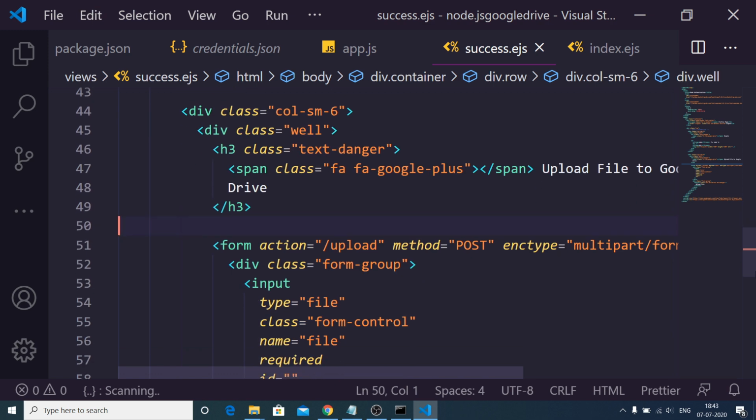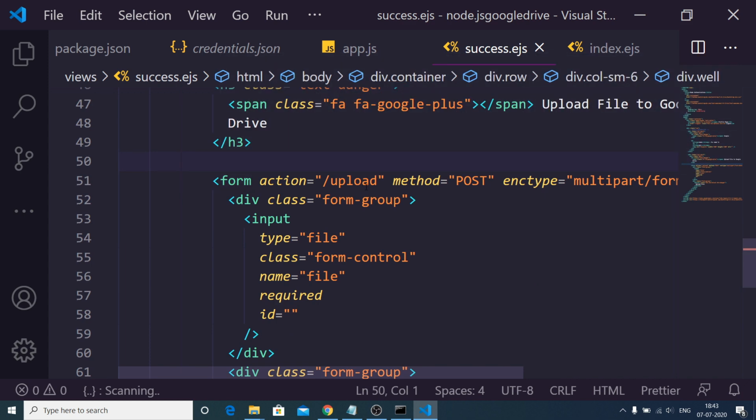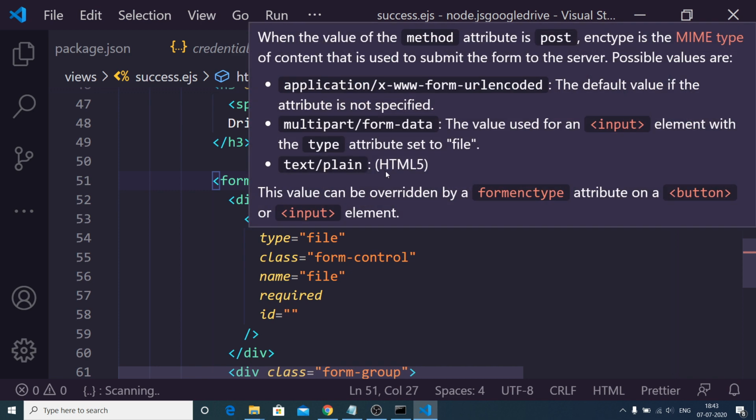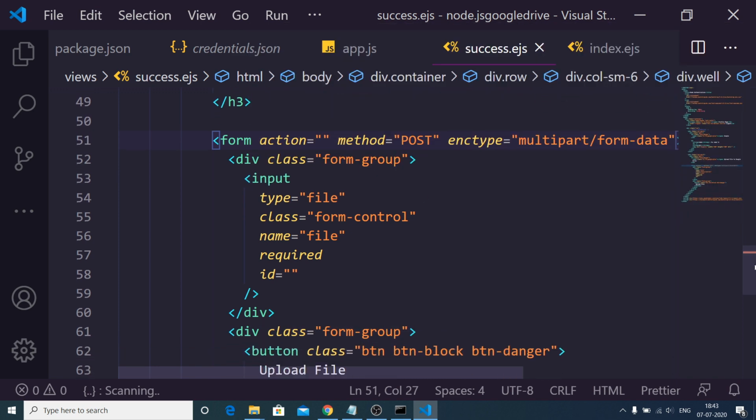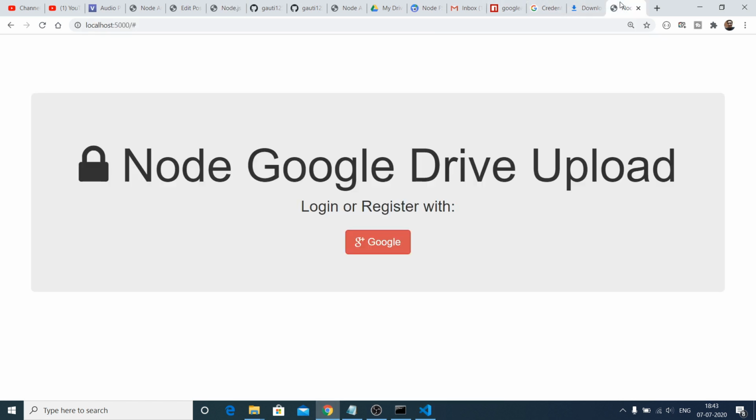You can just go to the blog and copy this, and the rest of it is just Bootstrap styling the content. And this is a simple form. So let me just delete the action for now. So this is a post method, and here we will be having our file to upload. So if I refresh the application now,